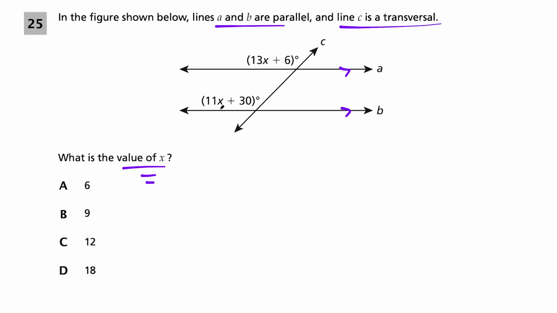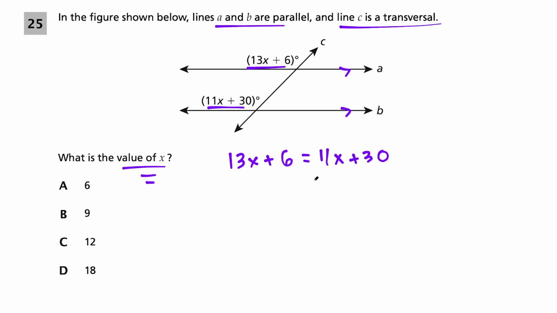So what I'm noticing right away is 11x plus 30 is in the same location in this section as 13x plus 6 is in this section. They're both in the upper left section here. So that means since they're in corresponding locations, we could set these two expressions equal to each other because these two angles have to be equal in measure. So I'm going to set 13x plus 6 equal to 11x plus 30, and now I'm going to solve for